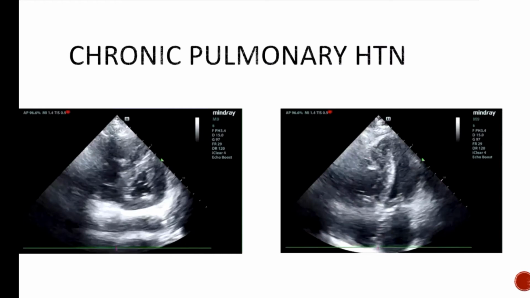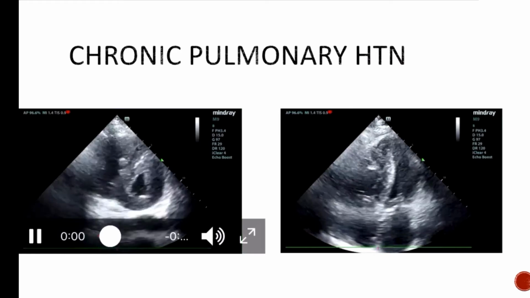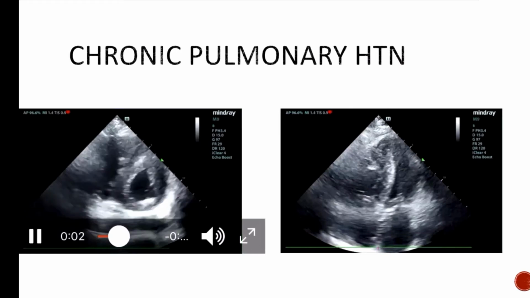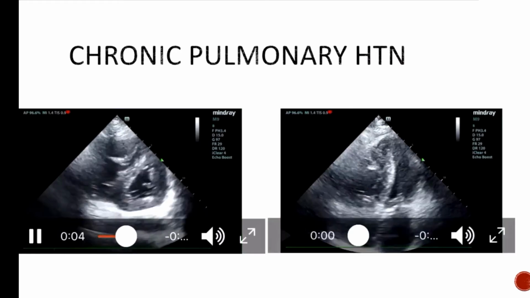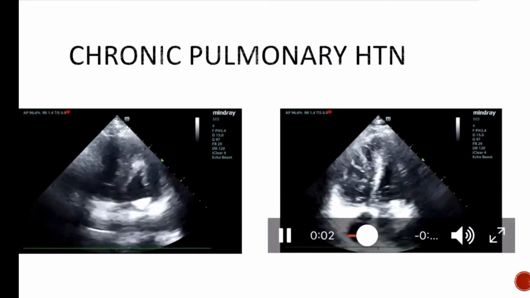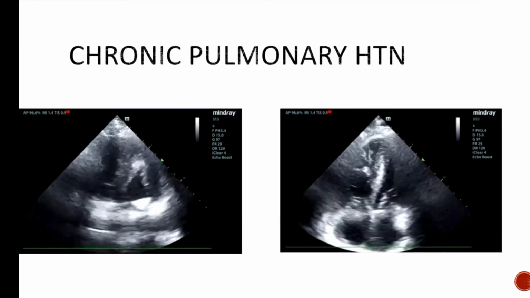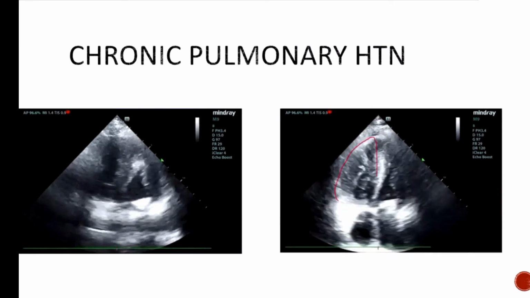If I go to the gym every day for 5 years and I lift a ton of weights, what's going to happen? I'm going to hypertrophy my muscles, right? And so the same thing happens with the right side of the heart. So let's look at a couple of the pictures here. We see a big dilated right ventricle in both of these images, right? When we compare the size of the ventricles, we see that our right ventricle is probably a little bit bigger than our left ventricle here